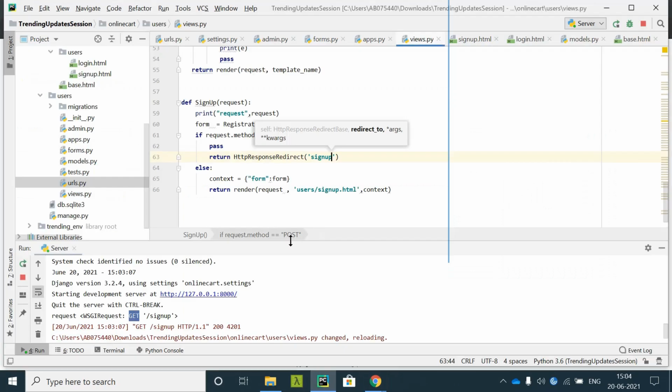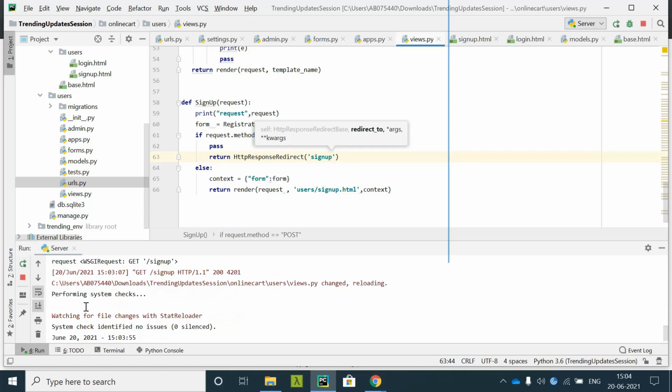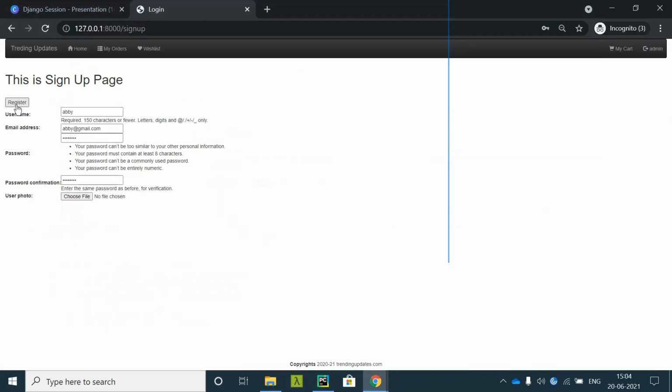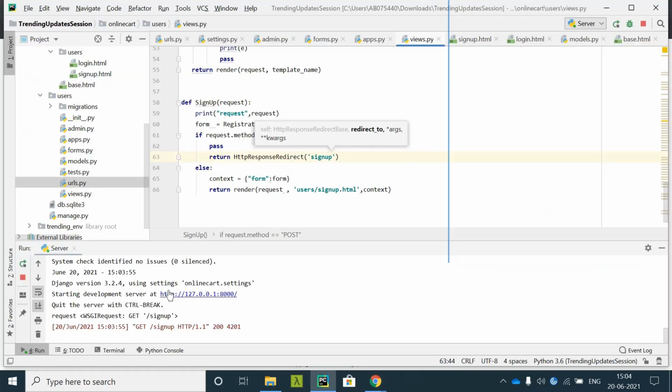Once I click on register, you see what happened is request, one second. It should have come as post, but it didn't come.